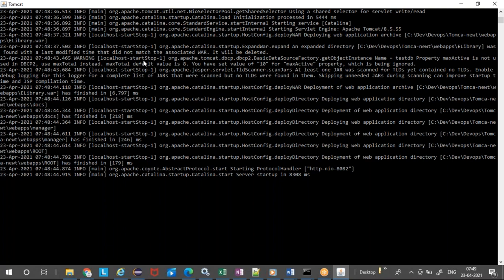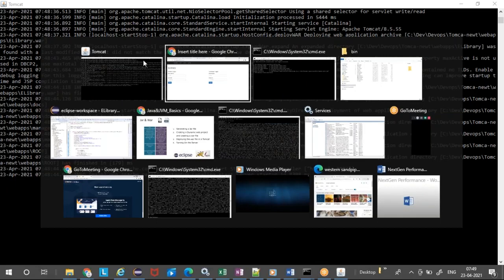From our learning perspective, that is what we are going to do. Whenever we make changes to the code, we will save it in the e-library project in Eclipse, create a WAR file, copy it to the webapps folder and start the Tomcat. We will repeat that for every other session whenever we make changes.